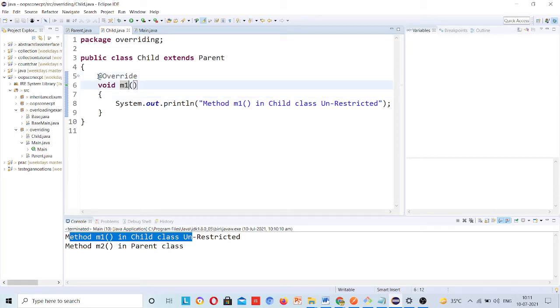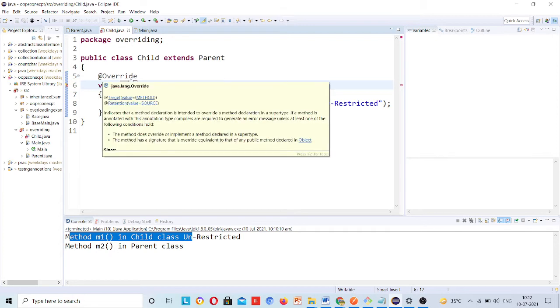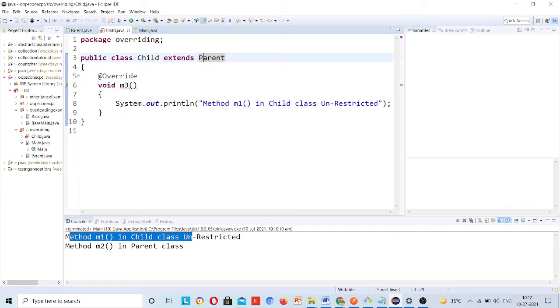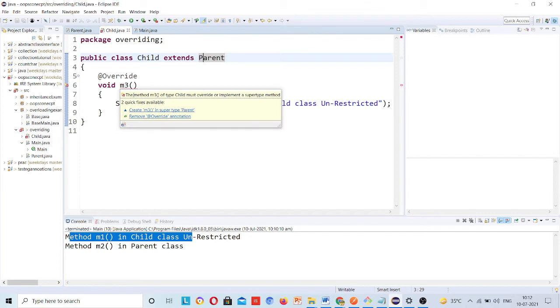Suppose I make it m3. We don't have any m3 method inside the parent class. Now you are saying here that we are overriding this, then see the error. The error you will see: the method m3 of type child must override or implement a supertype method, but there is no method present here. So it is saying create m3 in supertype, meaning in the parent class you must create it.